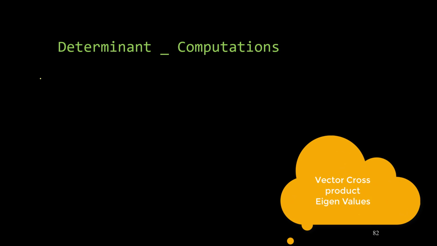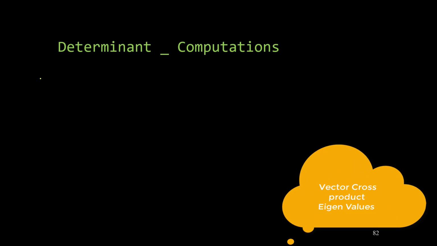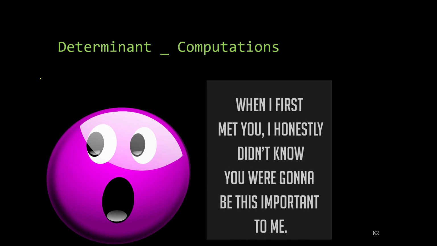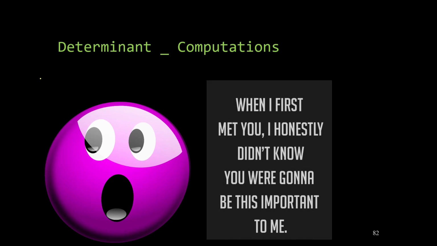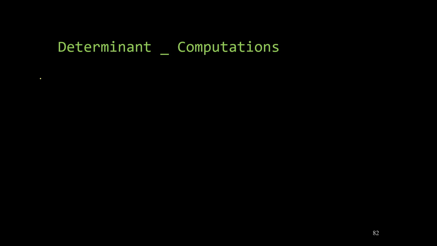It also shares a connection with vector cross product and it is useful in the definition of eigenvalues. It is even more important to understand the geometrical meaning of determinant rather than how we can compute determinant. But in this particular tutorial, we will talk about computation of determinant, the formula and how you manually compute determinant of a matrix. There are many tools also. If you are using Python SymPy, you can just use a single line of code to compute the matrix determinant. In the next tutorial, we will look at the geometrical interpretation of determinant, some of the properties of determinant, and probably how it is connected to different other concepts of linear algebra, right?